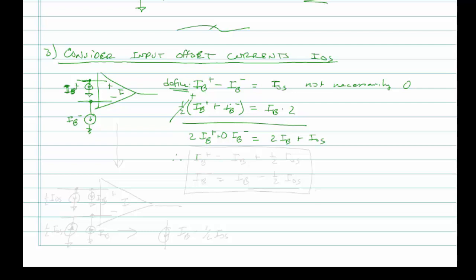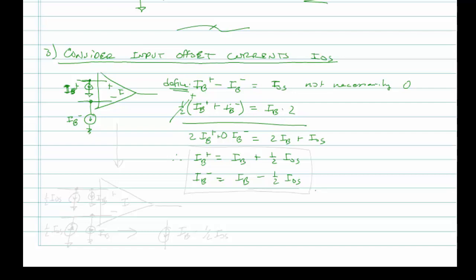So therefore, IB plus is equal to IB plus 1/2 IOS. And we could find similarly that IB minus is going to therefore be equal to IB minus 1/2 IOS. Okay,